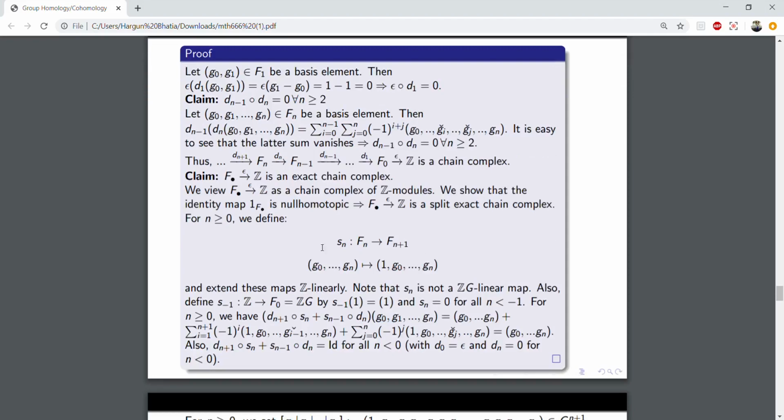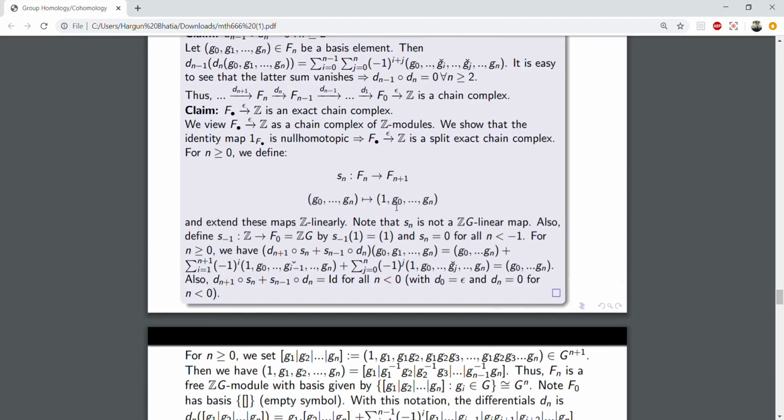So this explains that this is a split exact chain complex over Z modules, and hence it's exact, right? So that's what we wanted to prove. This completes the proof. So this is a ZG resolution, a free ZG resolution of Z. Now